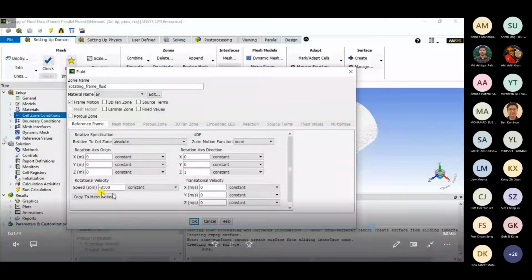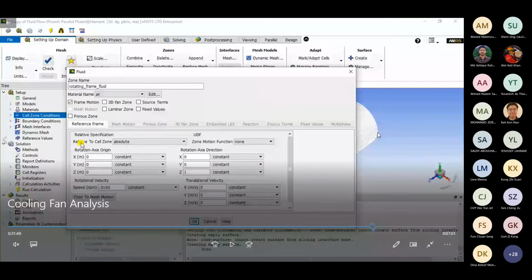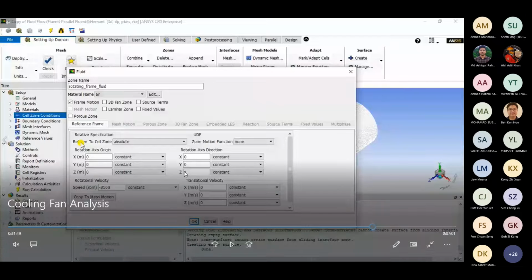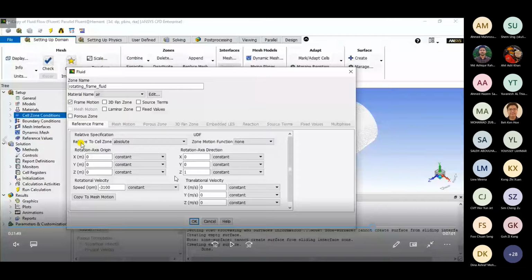Based on what your coordinate system is, where your inlet is situated, and from where it is actually rotating, from that reference, the rotation of the fan is identified using the right hand thumb rule, whether it will be clockwise or anti-clockwise. From my rotation axis being z, if I consider the right hand thumb with respect to positive x, then my rotation would be clockwise.